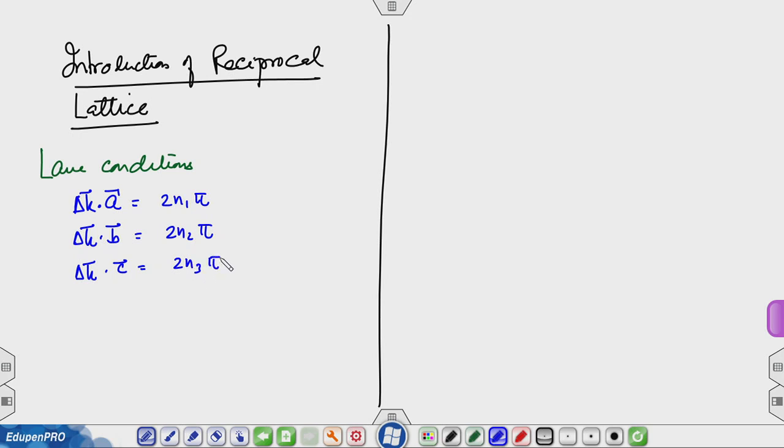So, this tells you that I can write in general delta k equals some n 1 a 1, where a 1 is a vector to be defined, plus n 2 b 1 plus n 3 c 1, such that